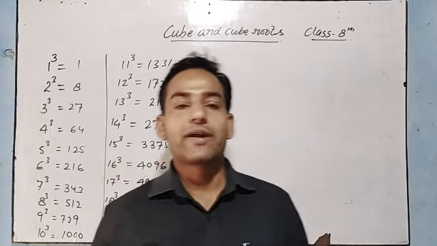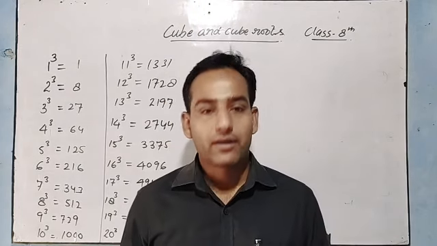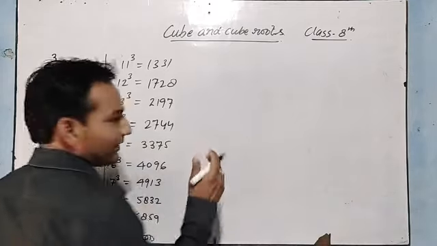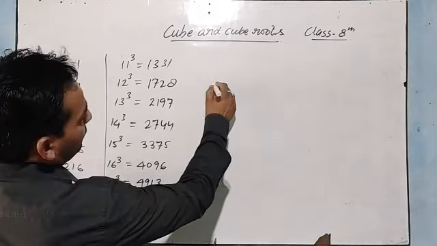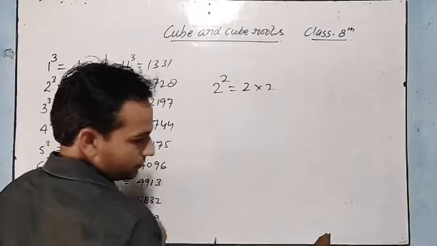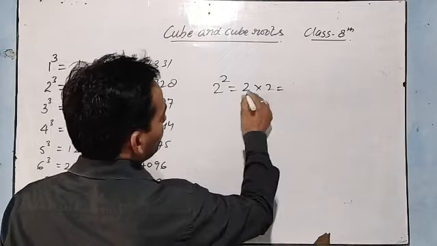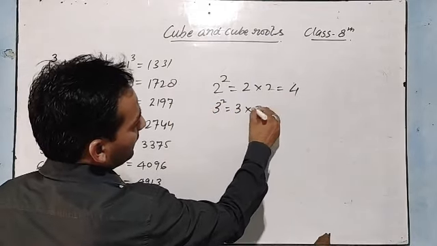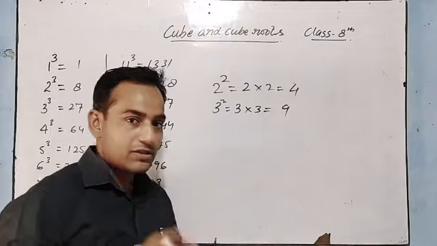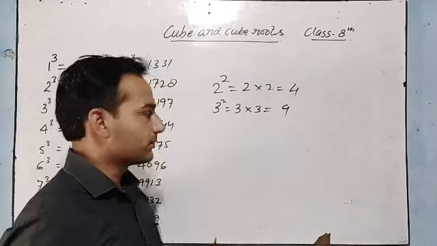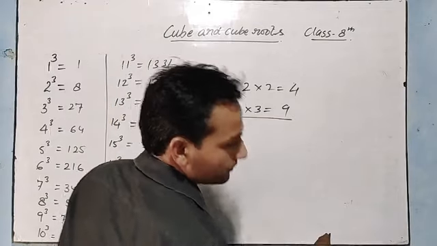As I have told you, square of any number you were doing by multiplying the same number by the same number. Like if we have to get the square of 2, we were doing 2 multiplied by 2. So we were getting 2 2s are 4. 3 square means 3 multiplied by 3, 3 3s are 9. Sometimes what we do, 3 square means 3 2s are 6 you write. That is wrong. So now we have cube.